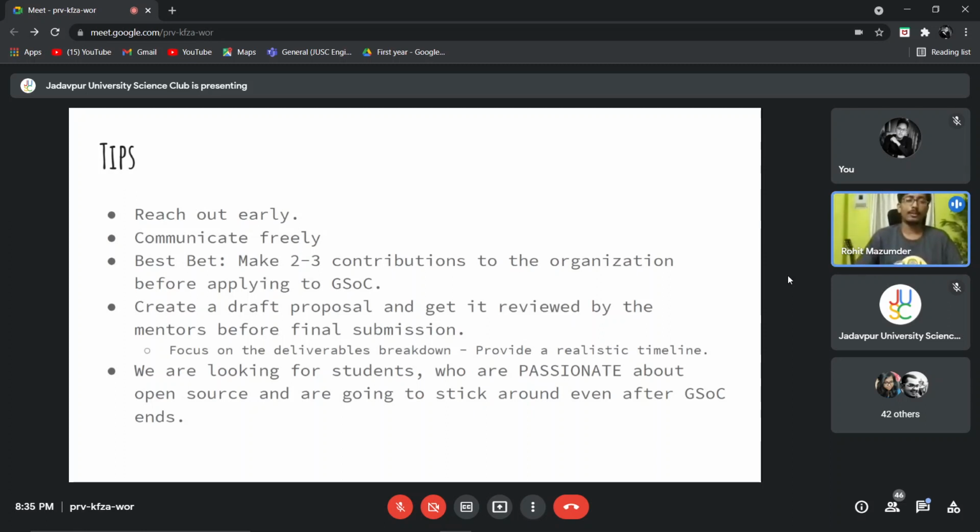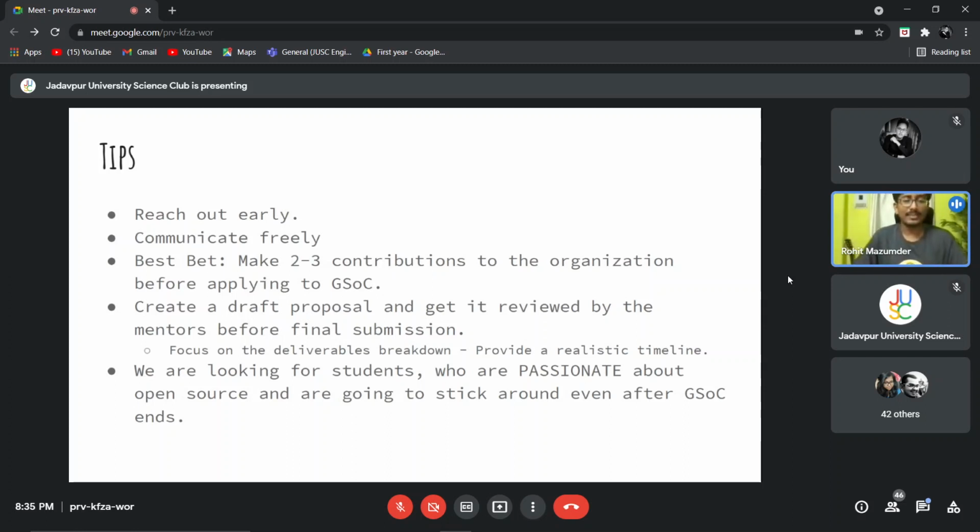You may not actually receive feedback. Mentors are usually busy preparing the environment for Google Summer of Code, and most mentors have daytime jobs, just like me. I work at Amazon. We have daytime jobs, so we may not have the time to review your proposal. But if you can get a review from them, it's very good, because you will get to know where the mistakes are in your proposal, you can correct them, and then you can do the final submission.